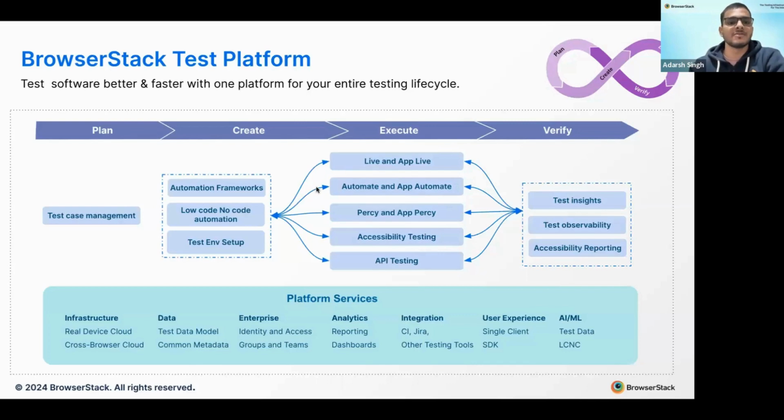Once the test cases are created, you can move on to creating the automation, like executing those test cases. For that, you can use various automation frameworks, or you can execute the tests manually. But in case you don't want to execute the test cases manually, you can use the low code no code platform, where you can execute the test cases manually, record them, and execute them as many times as you want. Once you have created the test cases, either recorded using low code no code or created using automation frameworks, you can move on to the execution phase, where we provide you multiple different products,